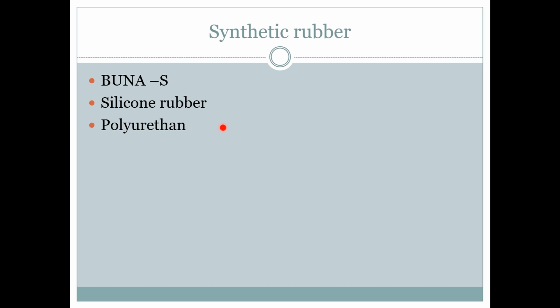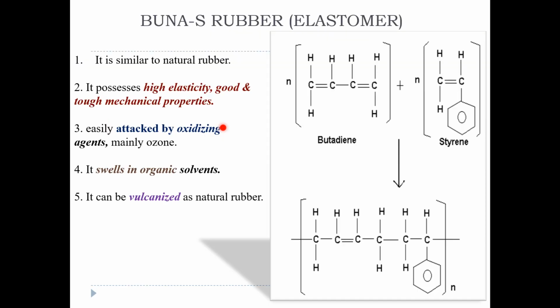Now we are looking at some synthetic rubber. Polyisoprene is a natural rubber. These are some examples of synthetic rubber. The first one is Buna S, where Buna stands for the butadiene unit. Remember the rubber main unit is butadiene, 1,3-butadiene. So this is 1,3-butadiene. Styrene has a double bond, an unsaturated system. Addition reaction takes place. Like this, the bond shifts here, this bond shifts, and the bonding takes place over here. This bond shifts here, bonding takes place over here. So it's like alternate units of butadiene and styrene are attached to each other. This is how it is synthesized.